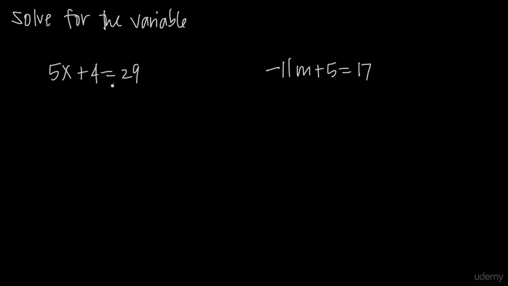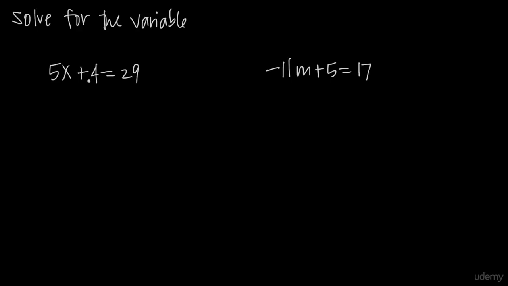We've been asked to solve for the variable, so in this first problem, we have the equation 5x plus 4 equals 29. So our variable is x, and we need to solve for x, meaning we need to get x by itself on one side of the equal sign. Right now, x is on the left-hand side of the equation, and the left-hand side is 5x plus 4. So the first thing we want to do is get rid of this plus 4,